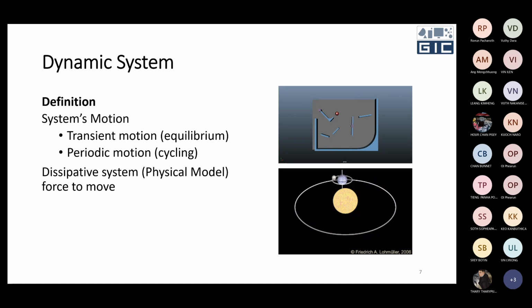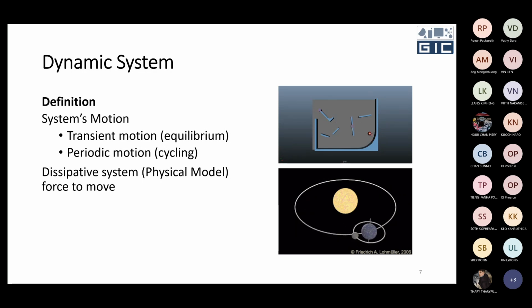This kind of model you already studied in grade 9 and grade 12, and also in ITC in the first year and second year, when the power equals 0. So it means that our system has no movement, and it can move again because of a force. Those kinds of things we call dissipative systems.